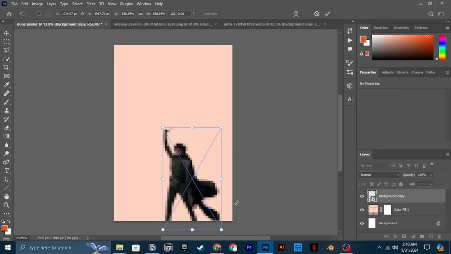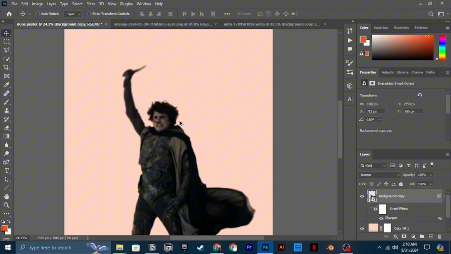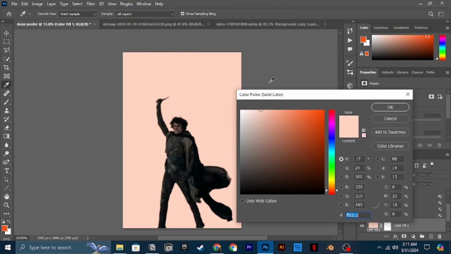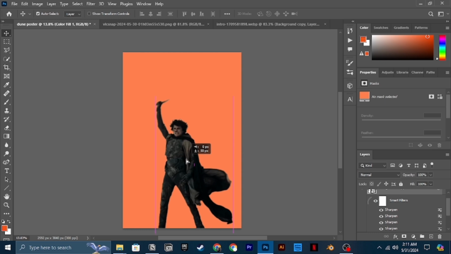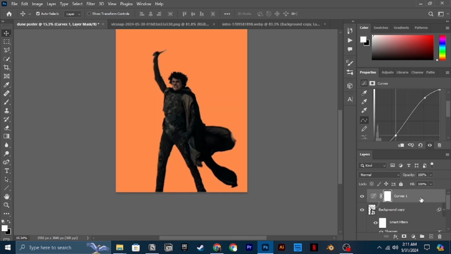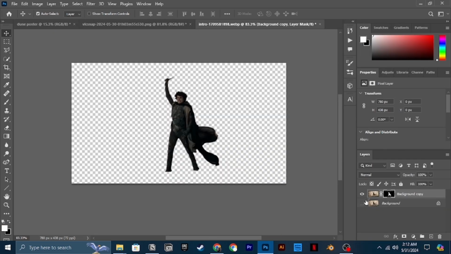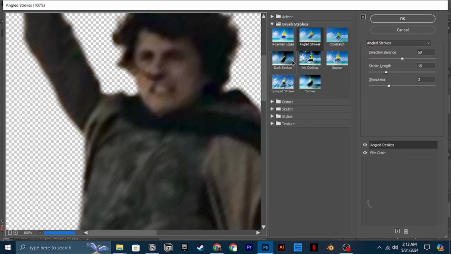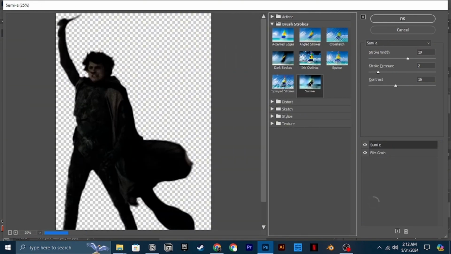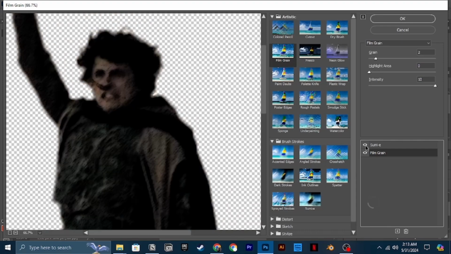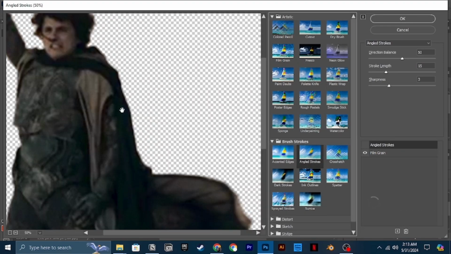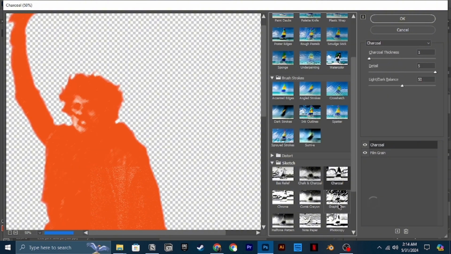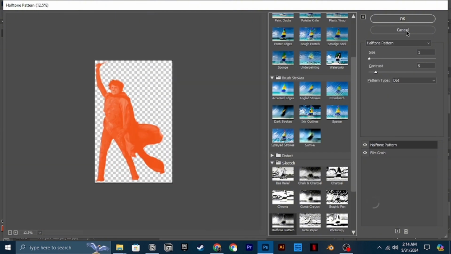And yeah, I'm just putting all the elements in places, because the previous version of this design was not working, so I decided I would try something different. And as always, I like to mess around with the picture, so that's what I'm doing right now. I'm trying different textures and different effects that would look good.